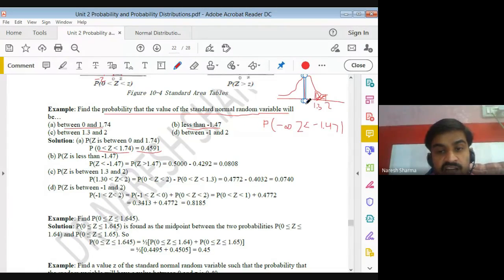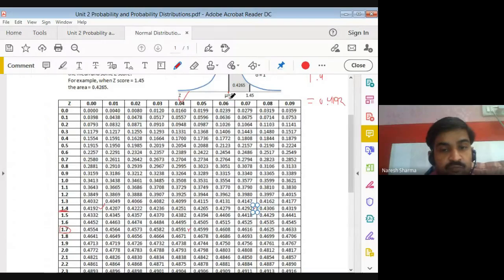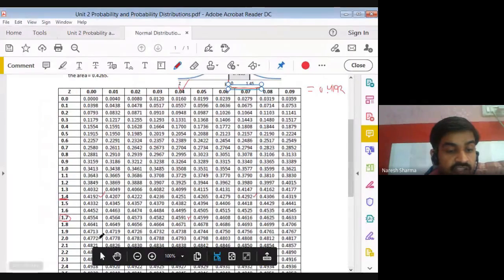So all calculations should start from 0. So we may say 0 to 2, and then we subtract 0 to 1.3 from that, then we get this one. So here we take the probability from 0 to 2, and then minus the probability from 0 to 1.3. So we can see the table at 2, because the complete table is given from 0 to something, right? So we can see this 0 to 2, that at 2 it is something